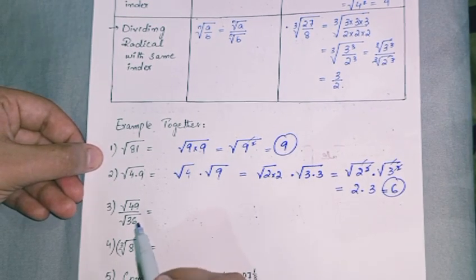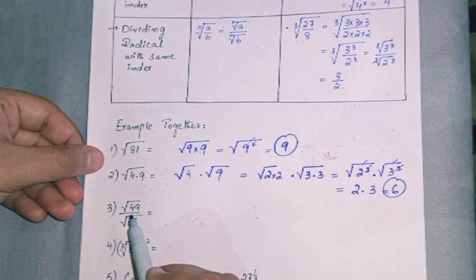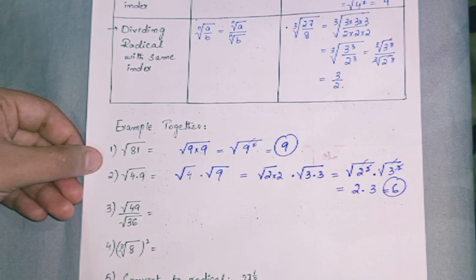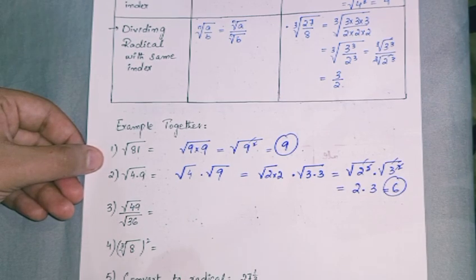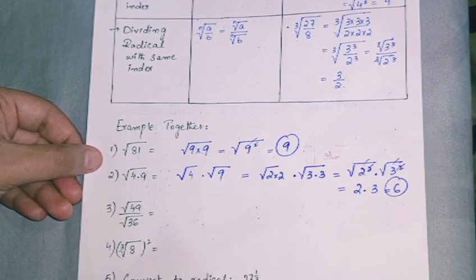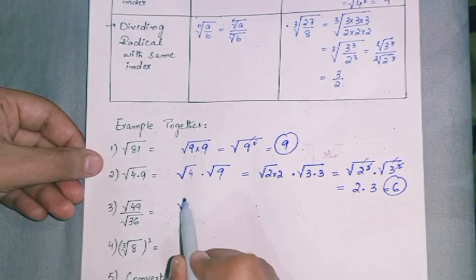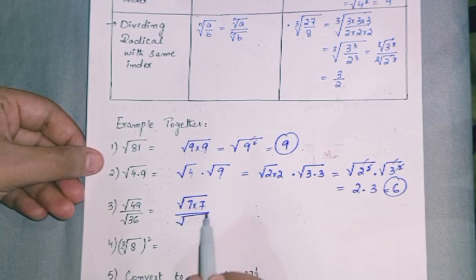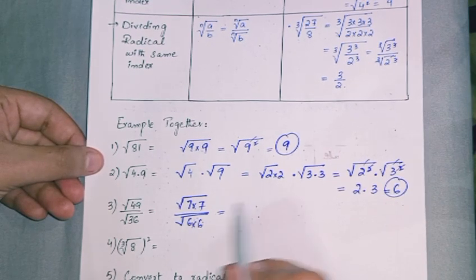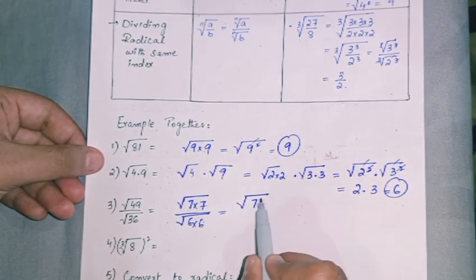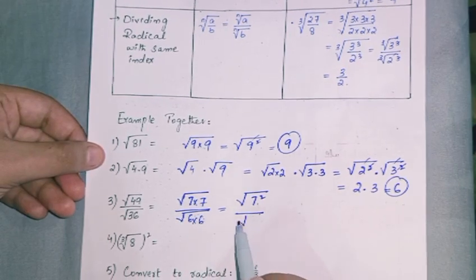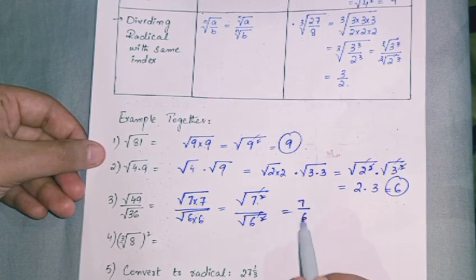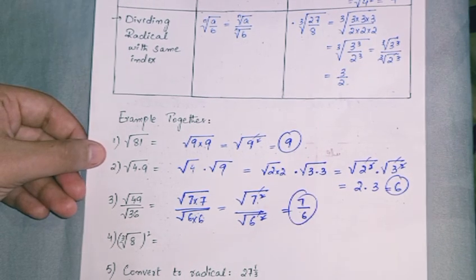Similarly, we are going to solve this example number 3. Here you are having square root 49 over square root 36. So how can you solve it? It is already in the separate form of the square root. So you can just take the factors of it. What are the factors of 49? 7 into 7. What about factors of 36? 6 into 6. Now 7 and 7, it can be in this form, 7 square. And what about 6 into 6? It will be in the form of 6 square. Now you can simply cancel out the square root and you will be getting the answer that is 7 over 6. That is the final answer.